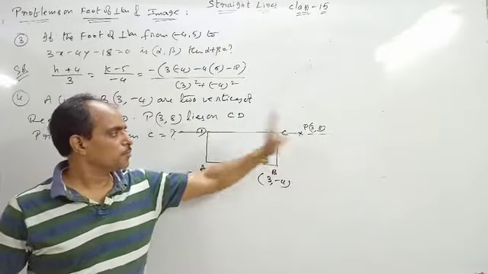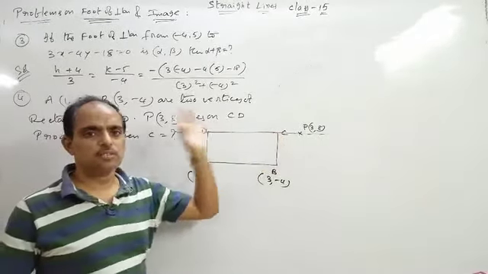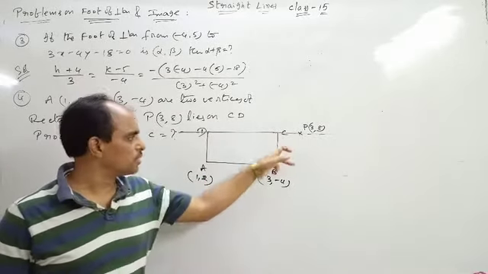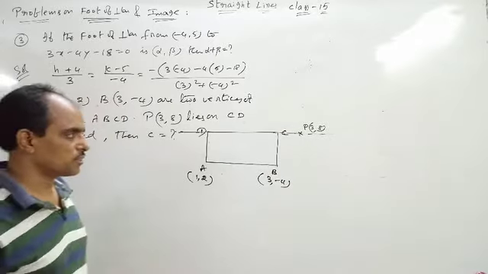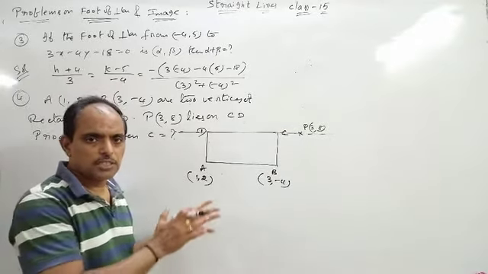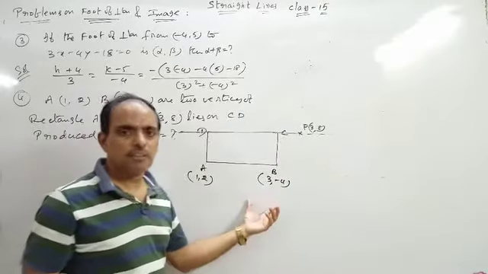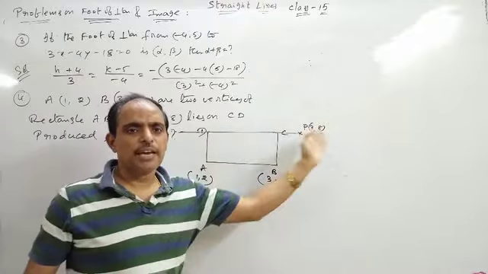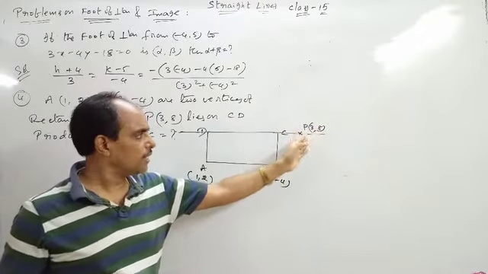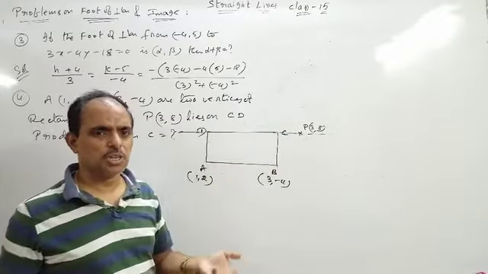Now, what do we have to find? What about the value of C? That is the question, the C vertex. We have to find the C vertex or D, no problem. How to find this now? I think you have clarity on this question. ABCD is a rectangle. Two vertices are given and one point is given on the extension of the line CD. Now we have to find the remaining two vertices, either C or D, with the same procedure.